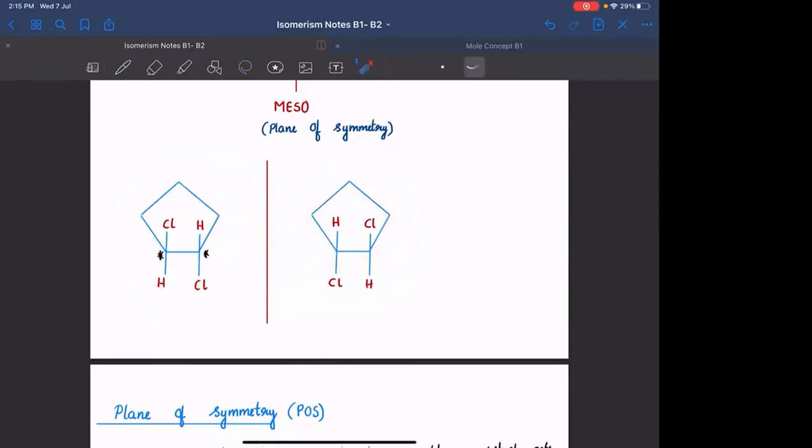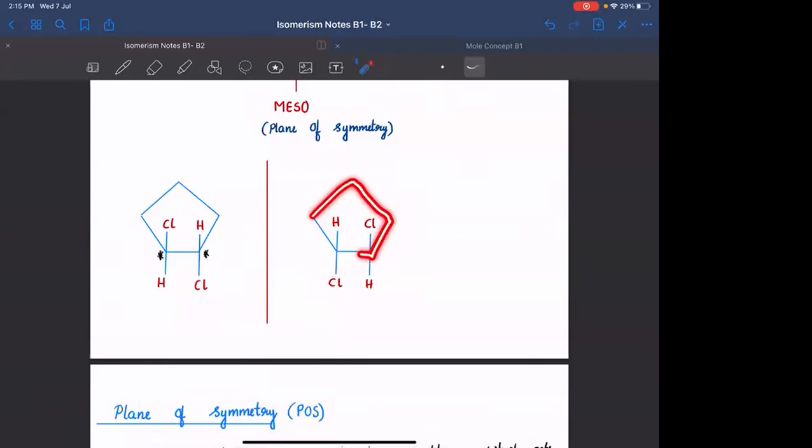Suppose if you invert it in the plane of paper, तब क्या होगा? ये जो Cl है, it will be coming here. Same यही बनेगा ना? If you invert it, I am not rotating it in the plane of paper, I am inverting it. Okay, जैसे वो डोसा को ऑमलेट को करते हैं ना, ऐसा इन्वर्ट किया तो I think you will get the same molecule again. Agreed? Cl फिर से यहाँ पे आएगा और ये हाइड्रोजन यहाँ पे जाएगा, ये Cl ऊपर आएगा.